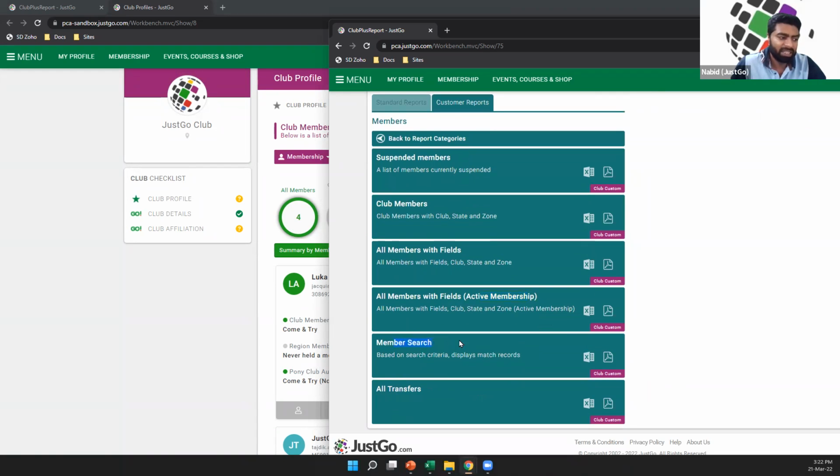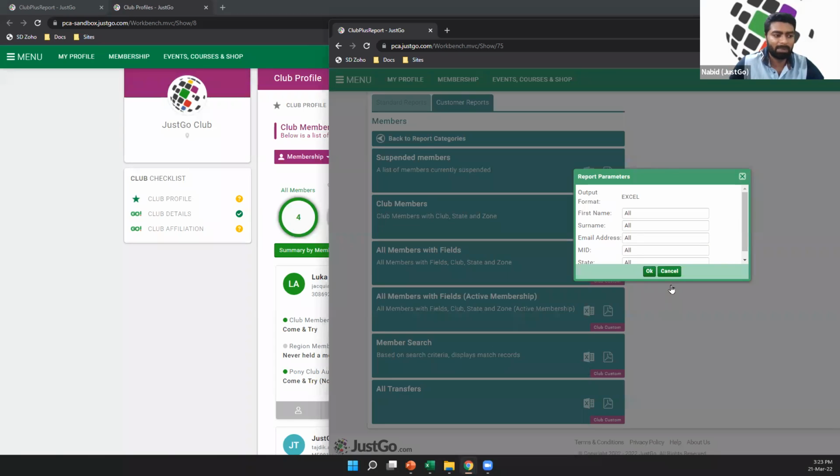The member search is basically a search of all the members. So this is not limited to your club. Most of the reports will be limited to all the club members or all the members of the zone, but this one looks at all the members within PCA. So literally every member within PCA. So you can use it to look up details of a member. Just to note, you'll need to match